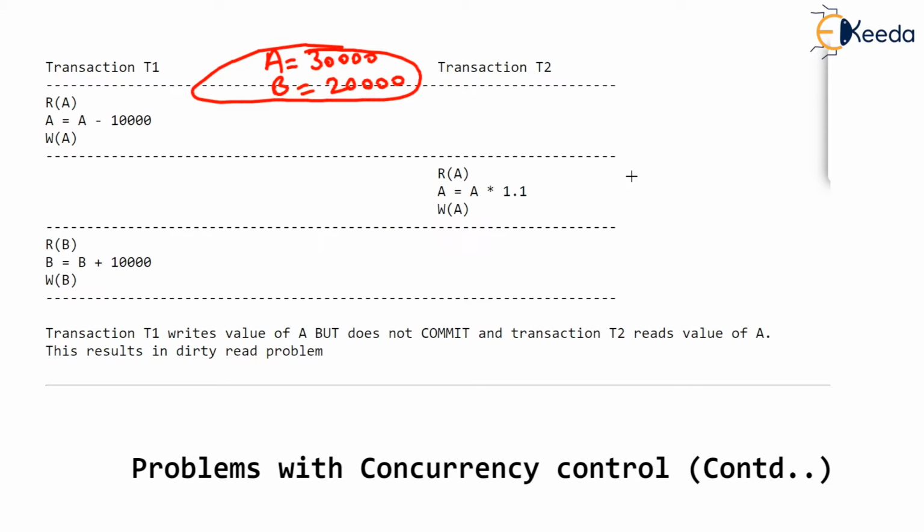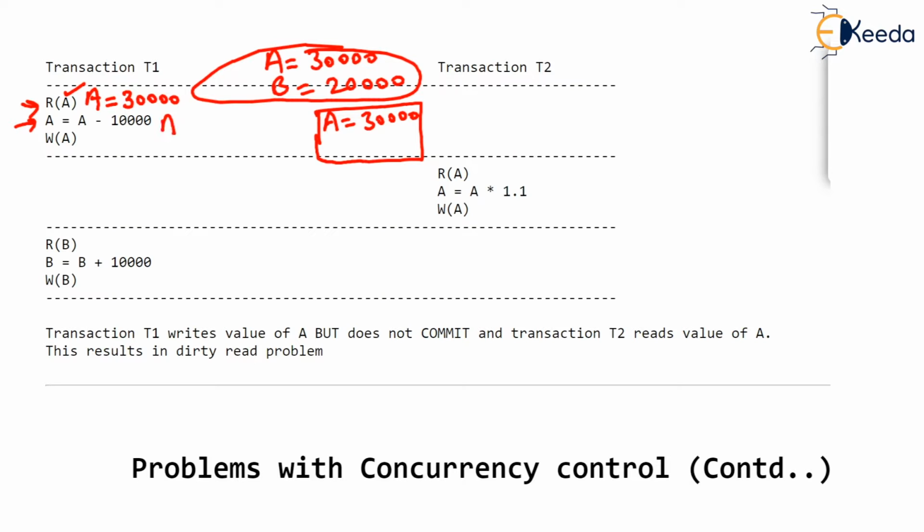Now T1 starts first, and you know that as this is the first request for reading A, a separate buffer is allotted for both the transactions, and in this buffer, A read will be 30,000. And then who was asking for A? Of course, T1 was asking for A. So T1 gets the value of A from the main buffer, and the value of A is 30,000 in the local buffer of T1. The next line executes, which makes A equal to 20,000, reducing the balance by 10,000, and